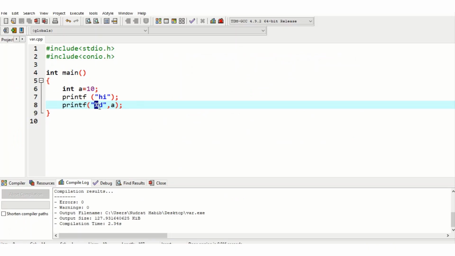This is the parameter. Okay, how many values will you print? Here you will write percentage d 2 times, then you will have two parameters here. If we use only one placeholder, there will be only one parameter.